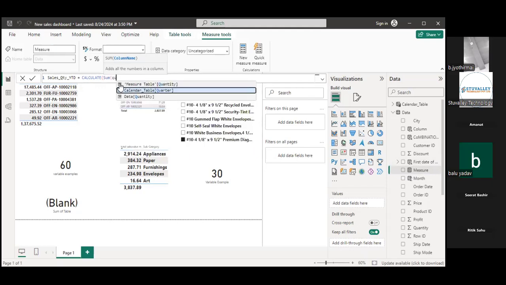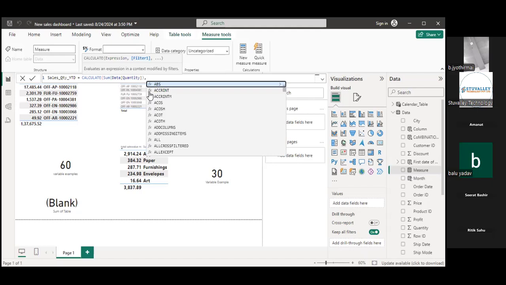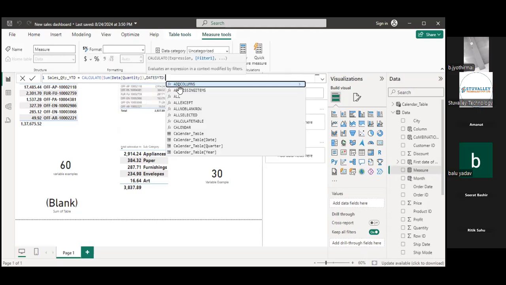You have to close, comma. What I want is the year to date function, so DATESYTD. We have the function name DATESYTD.